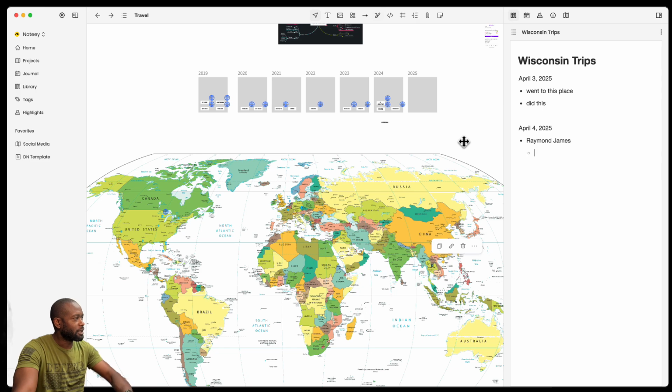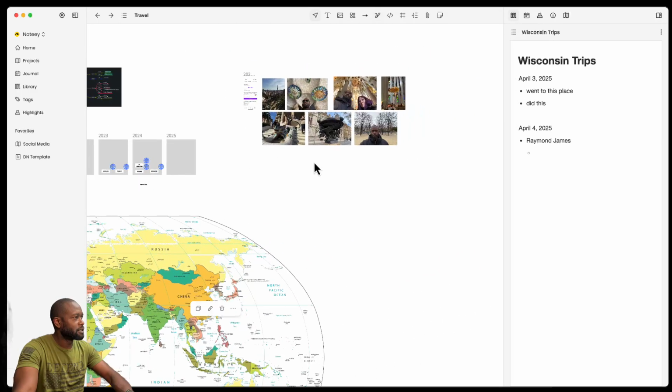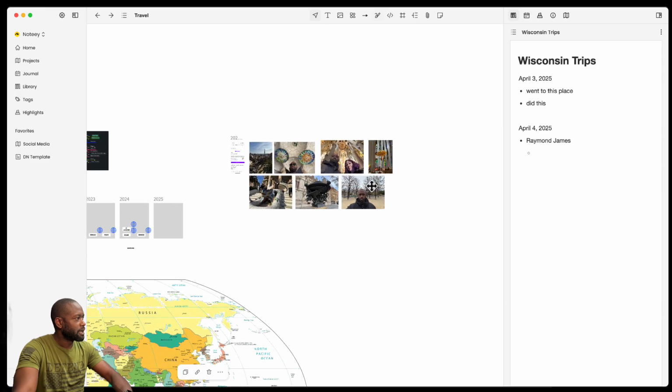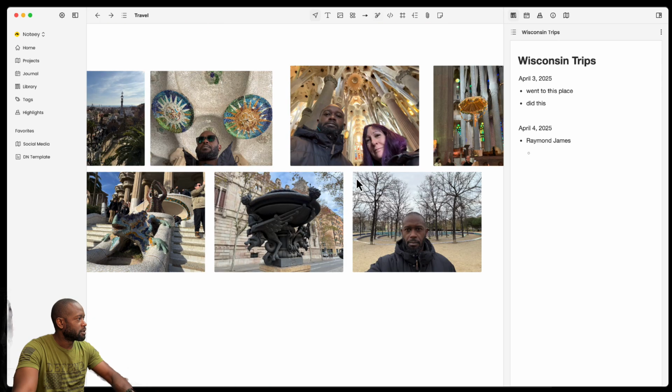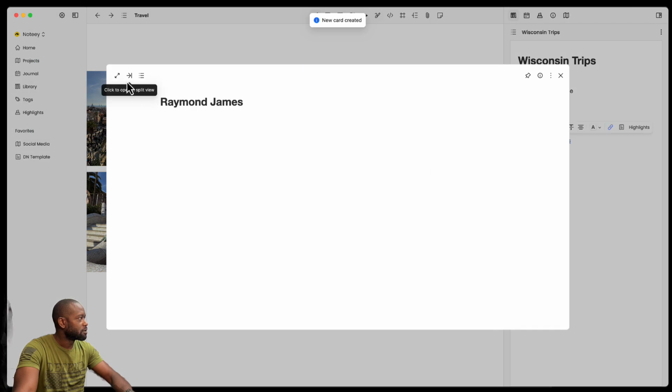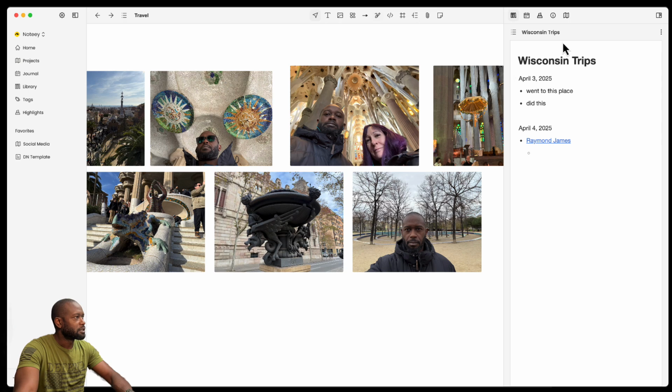There may be a little bit of trial and error, but you'll eventually find out which way you want to go. Another thing here too is that now that I have this card, what I can do is I can add images into the cards, and I can start saying, okay, well, I went on this trip on this day, maybe some images that are related to the actual trip. So if I did Raymond James here and I create a new card, I open up this new card, let's put that in the side pane